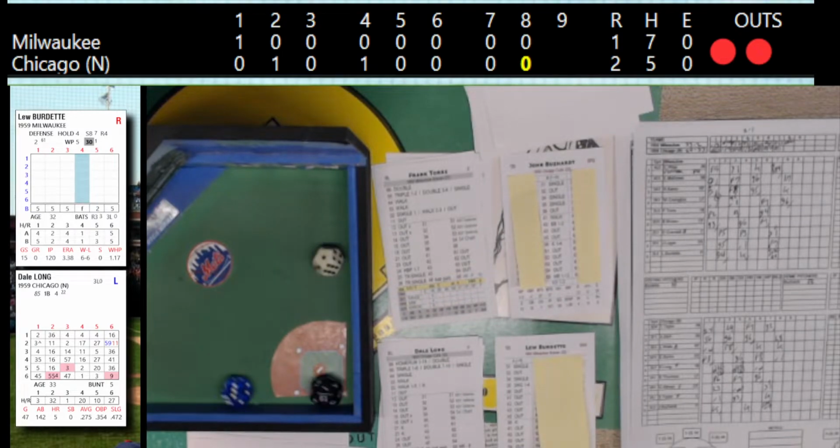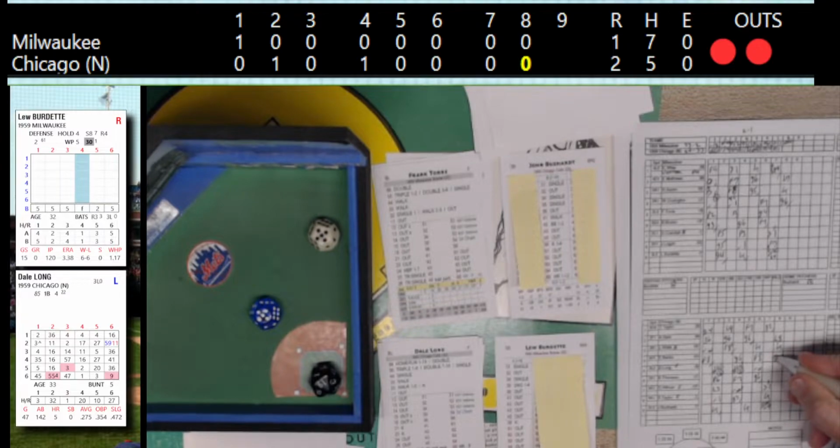Here's a pitch. That's going to be a 55, and that'll be a base hit single. And let's see what the runner at first base, Banks, probably fast, will go to third. I can guarantee he's fast, and he is. So he does go to third. First and third now. Now let me quickly check. Burdette went 27, 28, 29, 30, 31, 32. He can still go a few more.